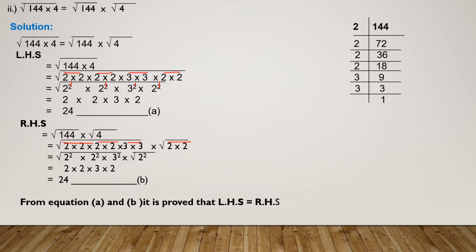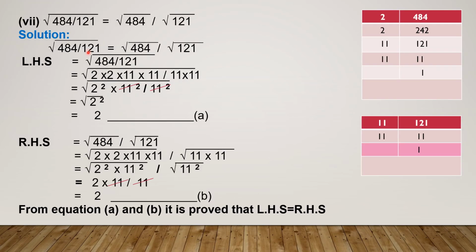From equation A and B, what is proved? Both are equal? Yes, both are equal, means our left hand side is equal to right hand side, and we have proved that whether we take square root of two values which are going to be multiplied with each other under one square root, the answer will be same as we take square root separately on both the values. Part number 7 is square root of 484 divided by 121 is equal to square root of 484 divided by